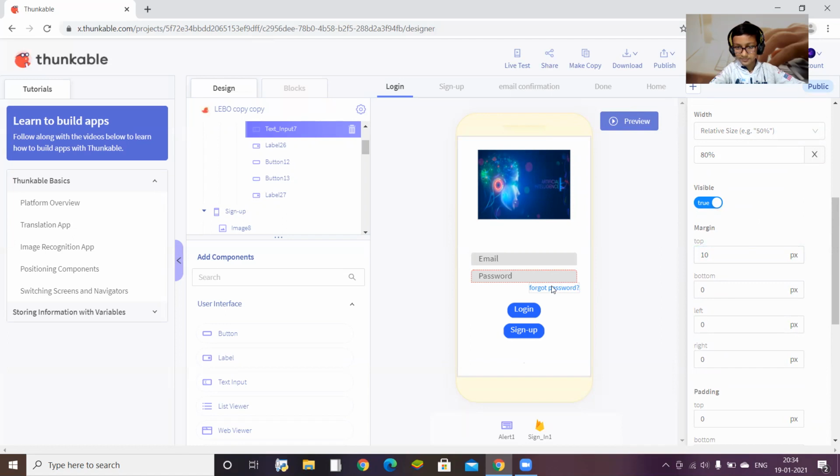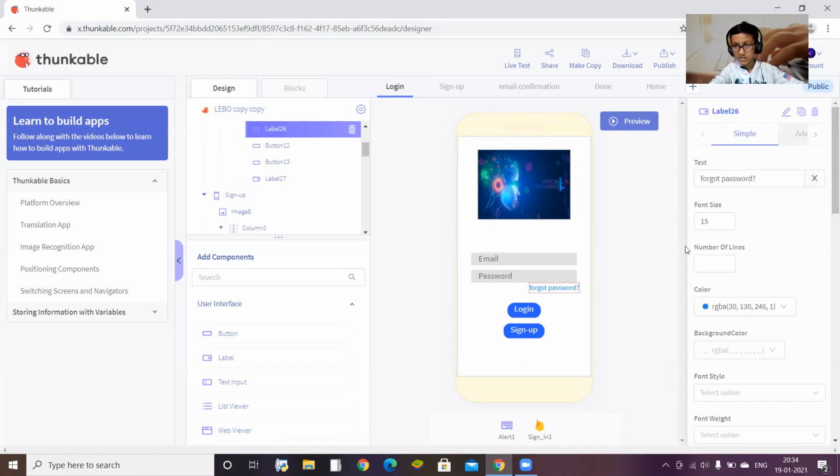After that, this is one label. When the label comes, you have to set the text to forgot password? Think of Facebook or Amazon or any other website's login, it asks like this: forgot password, with a question mark.